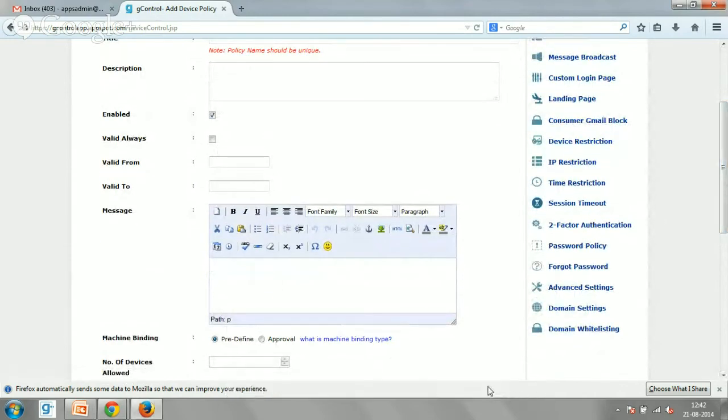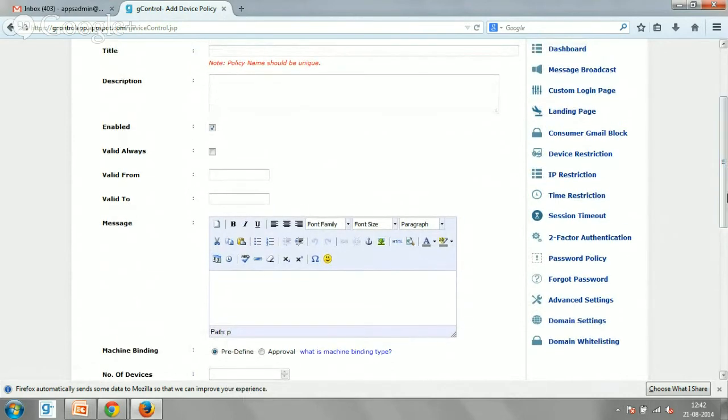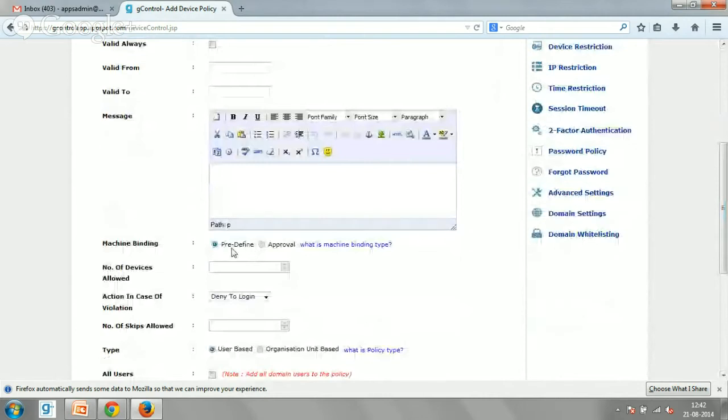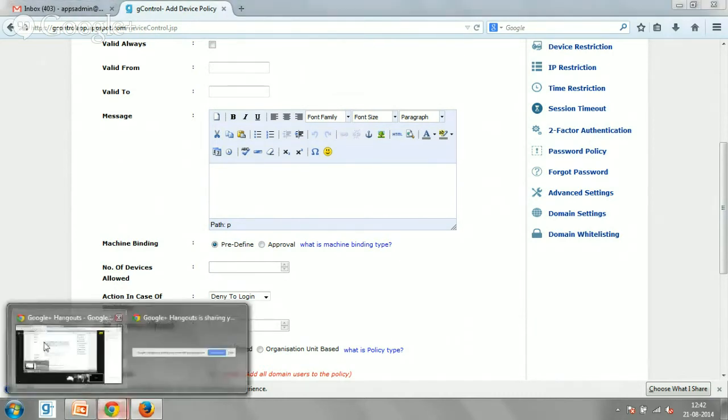Now coming to the specifics of machine restriction or device restriction. The first is machine binding. We have two options, as I say, predefine and approval. Predefine is the ideal scenario where you have the list of MAC IDs for the users. In that case, you upload the entire MAC ID list and bind each MAC ID with its user. And that's it. The moment the user logs in, the MAC ID is already with the policy. The second is approval, which is